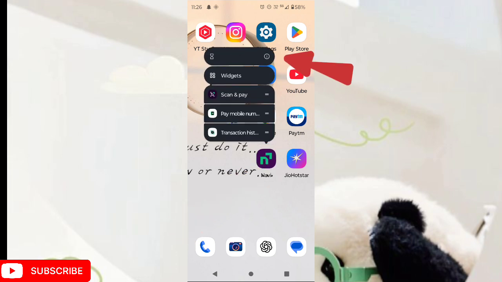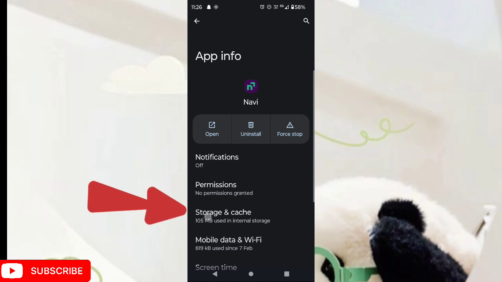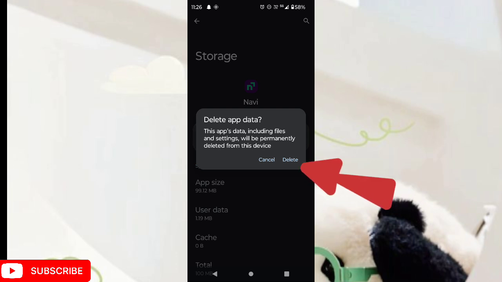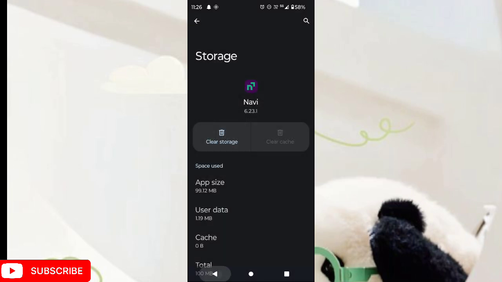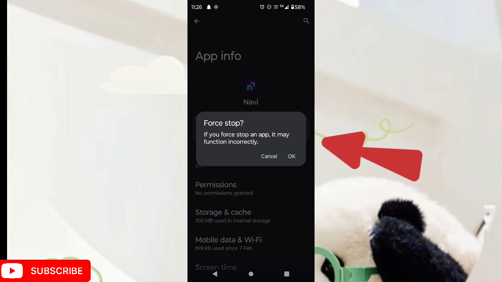Click on the info icon. Now click on storage and cache. Tap on clear cache. After this, tap on clear storage and tap on delete. Now go back to the previous page and tap on force stop. Click on OK, and after this go back to the home page,